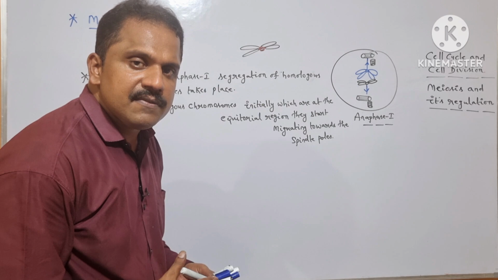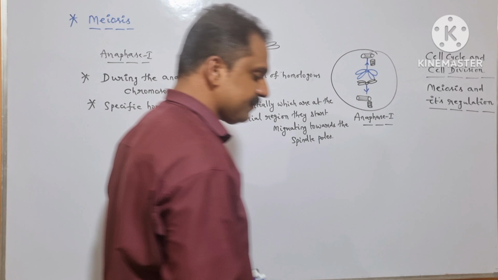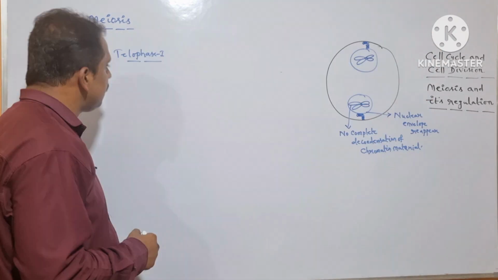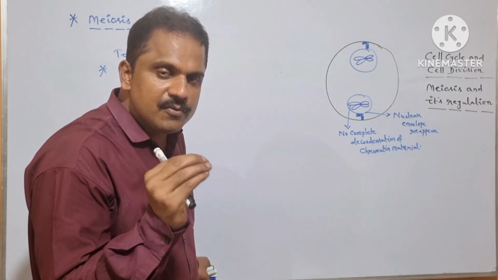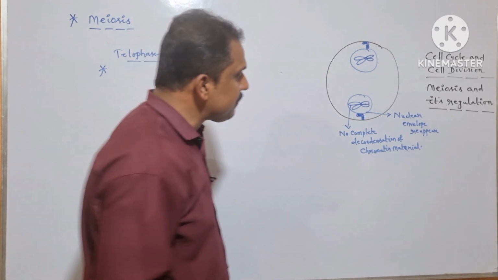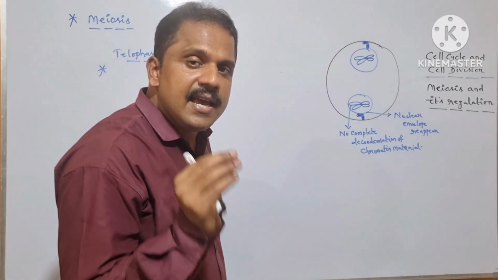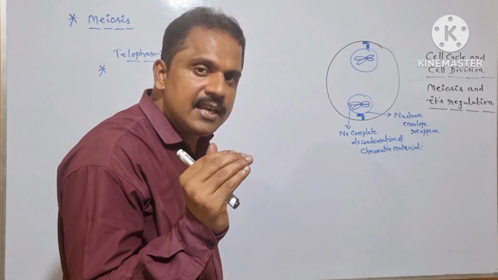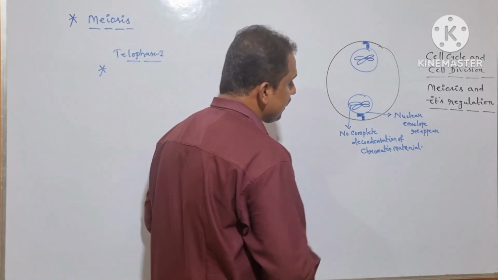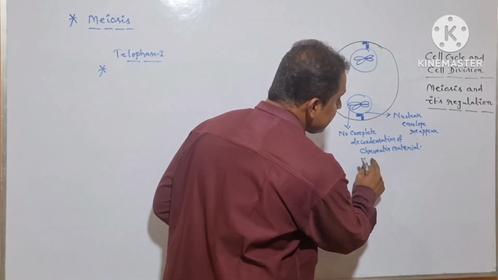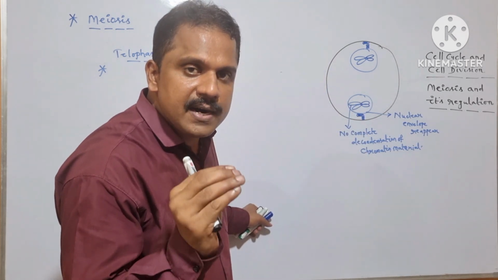And then after, the next specific stage period is nothing but telophase 1. Is it clear? So let me arrange the things here. And during the telophase 1 of the meiosis 1, after the successful segregation of homologous chromosomes towards the spindle pole, the nuclear envelope which underwent disappearance during the diakinesis stage successfully reappears during the telophase 1. And here we need to understand that during the telophase 1, we cannot observe the complete decondensation of the chromatin material. The reason is that the chromosome again has to participate in meiosis 2.